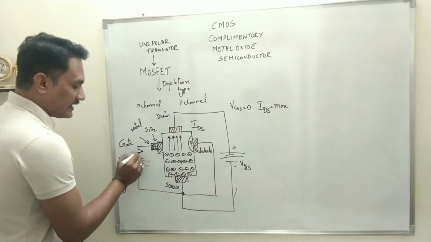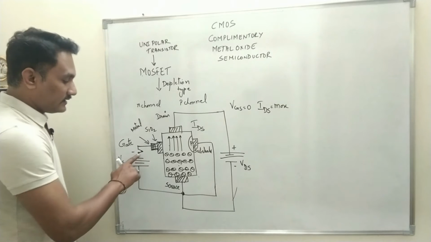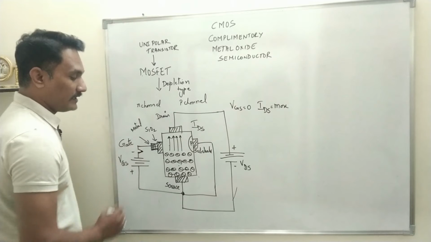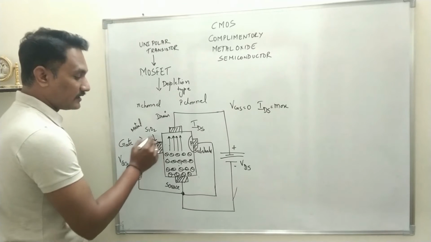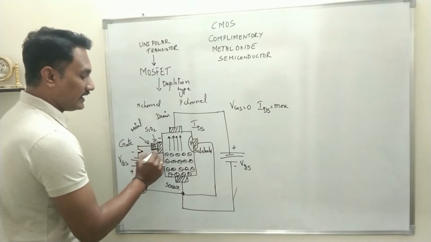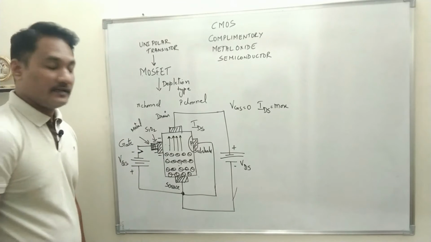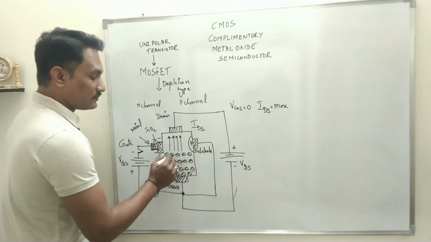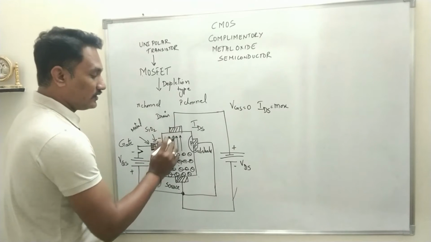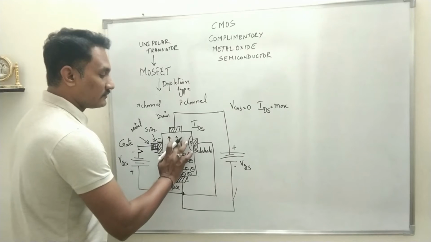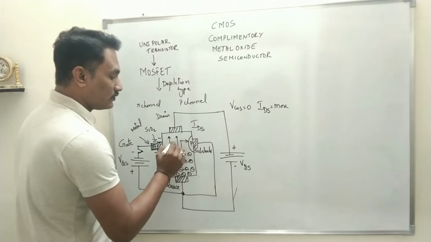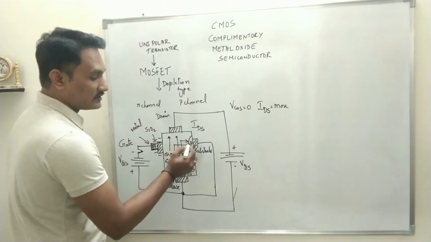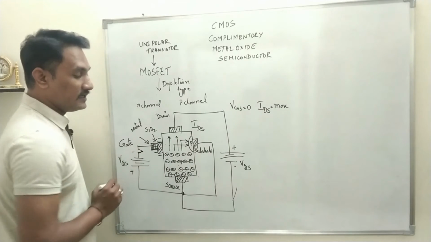Now as soon as I connect this switch, negative polarity is applied to the metal oxide semiconductor, which forms a capacitor. So some negative charge will accumulate near the capacitor, and this negative charge will repel the electrons which are moving from the source to drain. That means a few electrons which were moving from source to drain will now, instead of moving towards the drain, move towards the P channel because of the repulsion of these electrons.